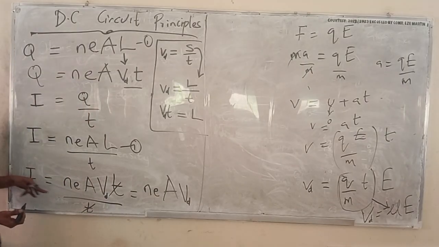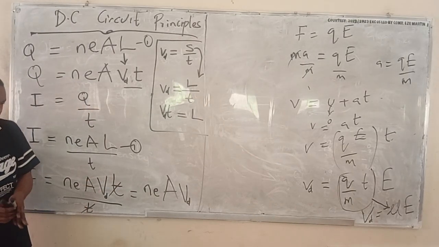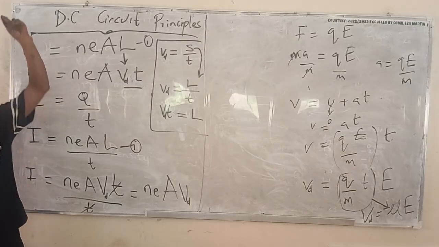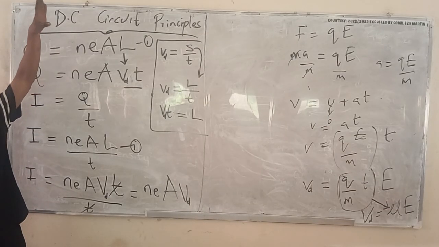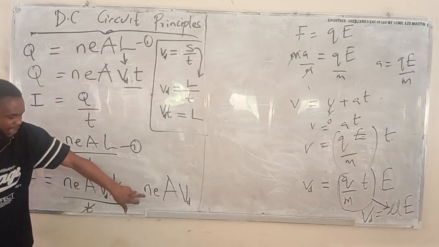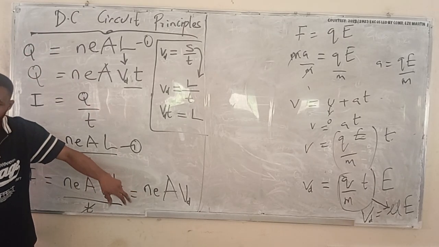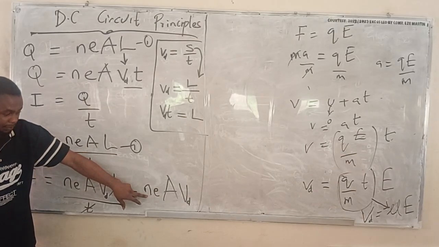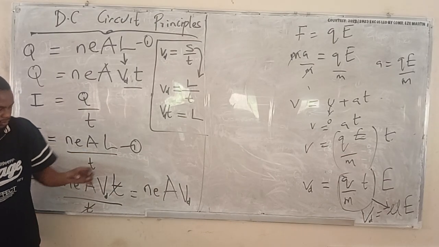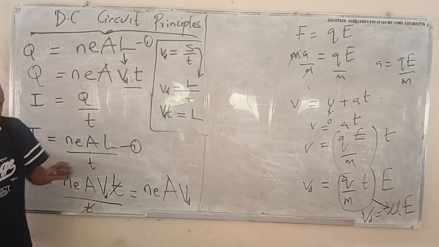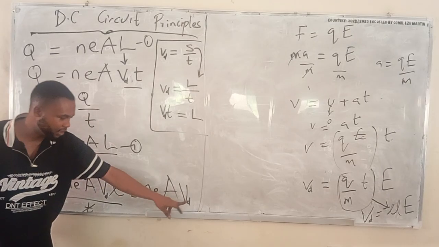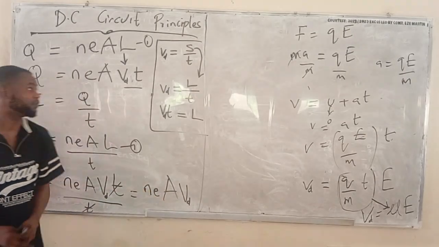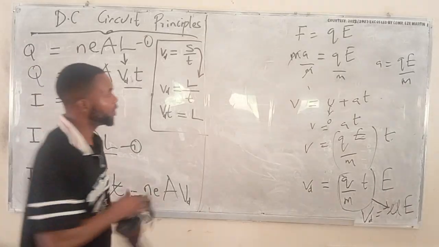Now, current is equal to NEAV, and we know that this N is that N we talked about that time when we did quantization. But I will tell you what this N properly means. When there is a source of charge or there is a battery, something that is causing charge to move. If there is nothing causing charge to move, it will be stationary or at rest. That is why we have to do contact or rubbing. Then A, V. So please, let's make this V subject of the formula. If I make that V subject of the formula,